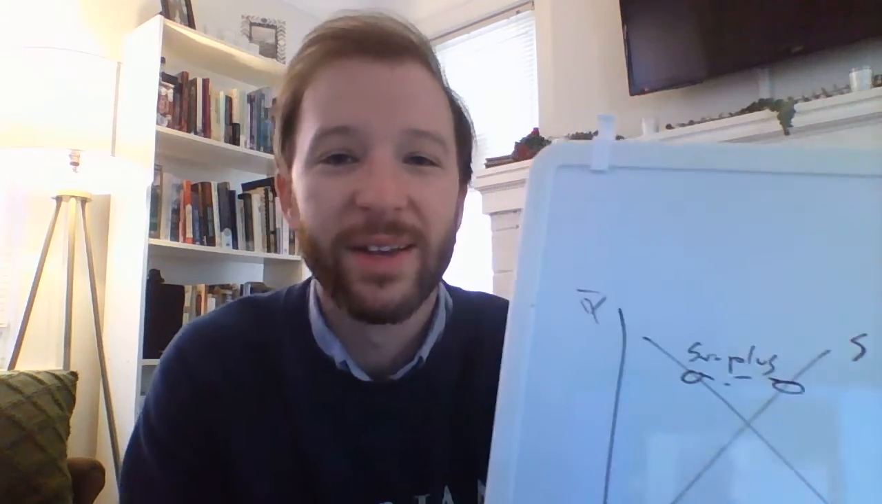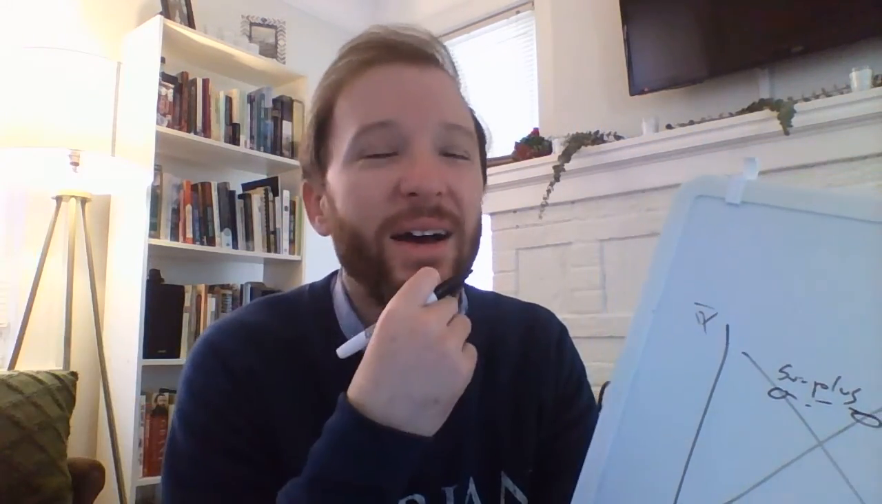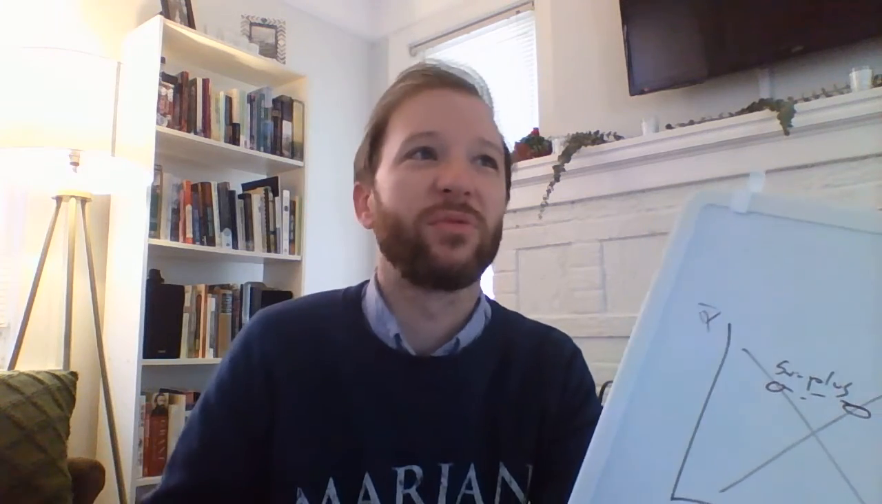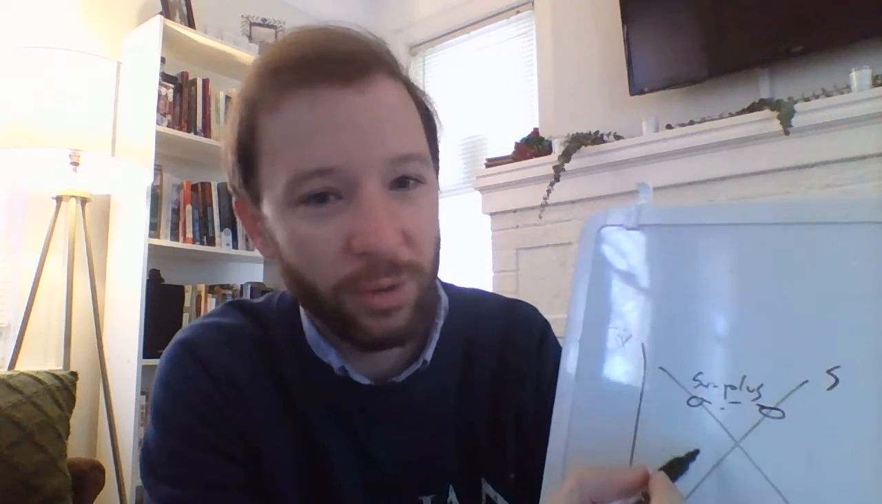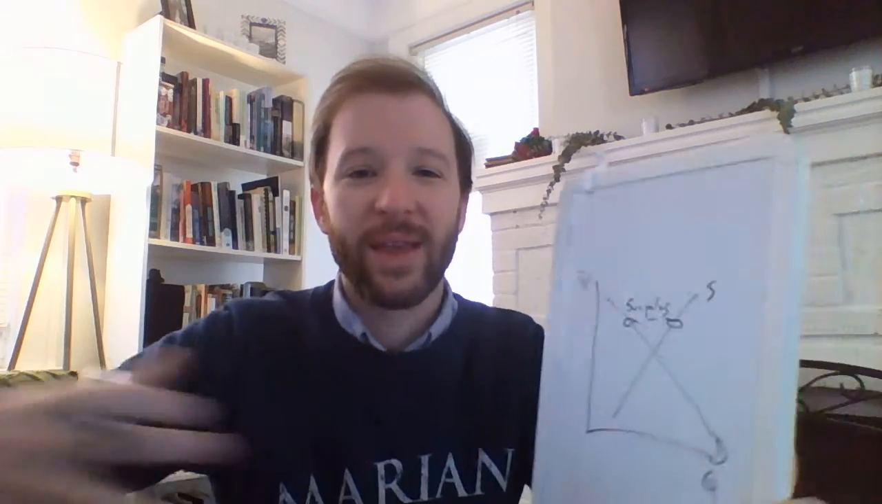We call that a surplus. So there's an easy fix for that. How do we fix a surplus? Well, if there's too much of one thing, then we should just lower the price, find equilibrium, and then, well,